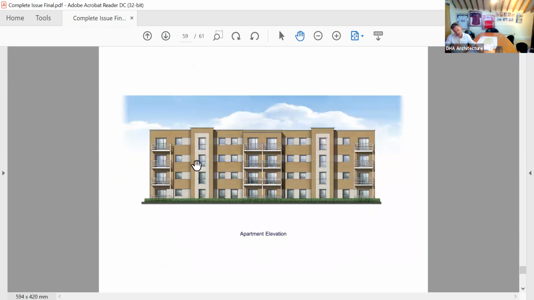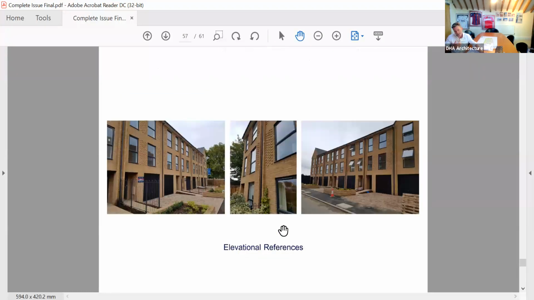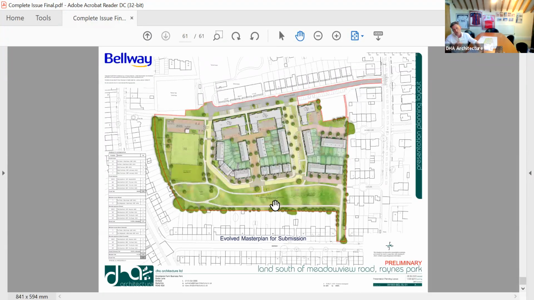And then in terms of the apartment buildings, as I said earlier, it's really important to create that response to the more modern architecture on Meadowview Road. We are doing something different from it, but it has elements to respond to those more contemporary forms, and you'll probably recognise the horizontal recessed banding detail that is on those buildings, which is broken by the vertical element. So I think that's just a general overview of the design evolution